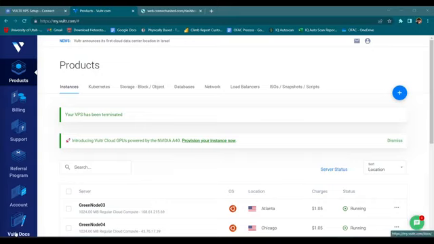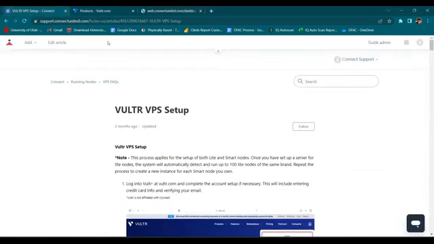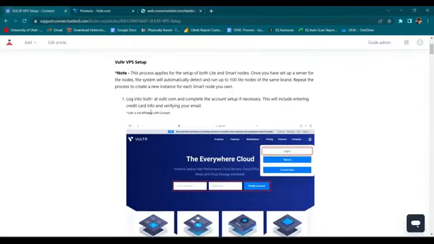Today we're going to run through a quick demonstration of setting up a Win Smart Node at Vultr.com. First, if you haven't already, you're going to want to go to Vultr.com and create an account, verify your email, and set up a payment option. And then also, if you'd like to follow along, we're going to be going through these instructions at